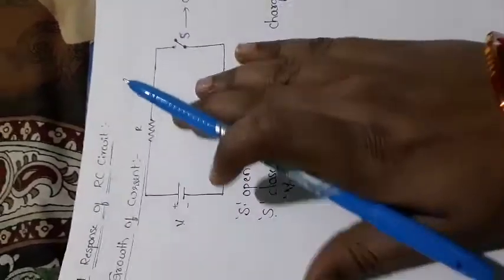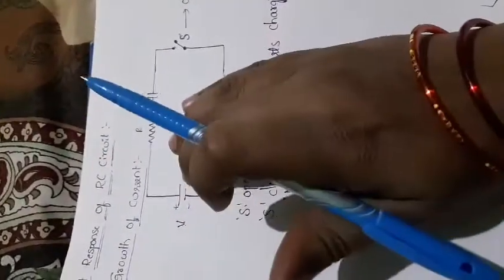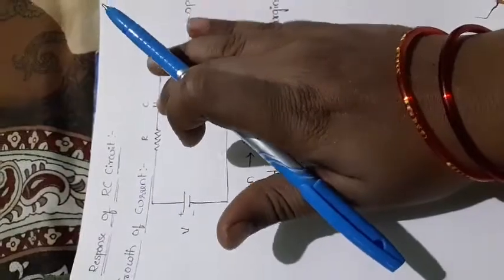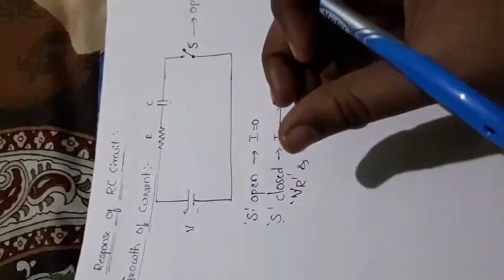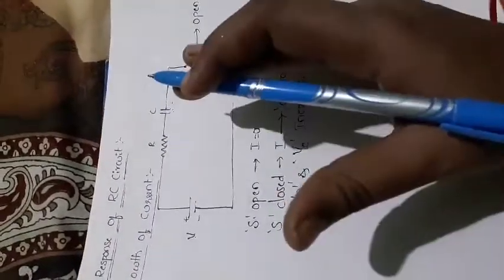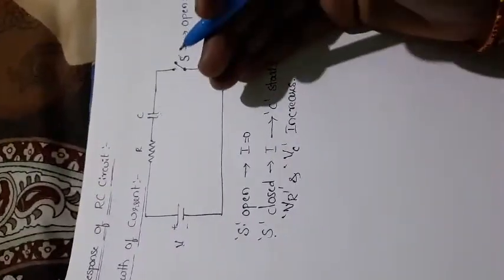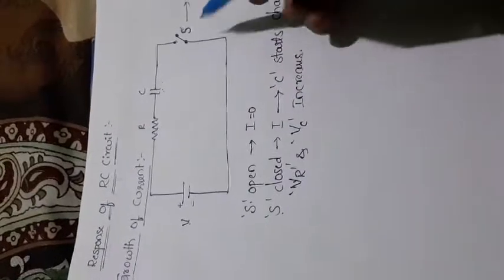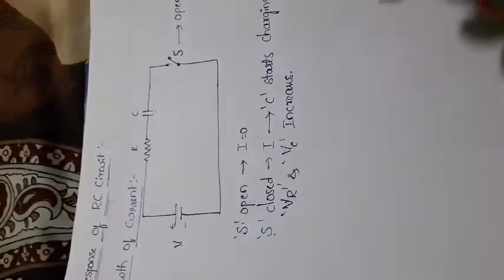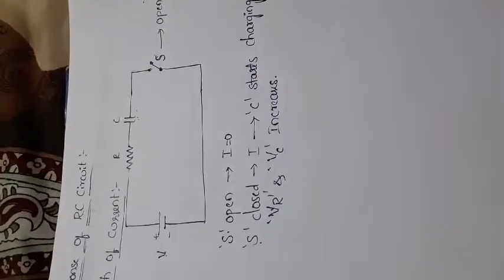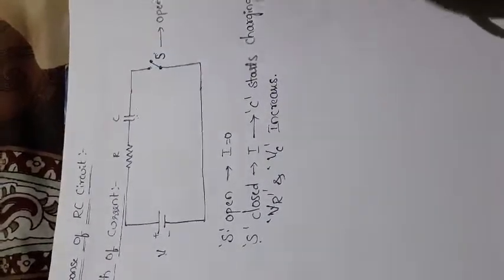Okay, so whatever the current is, it passes through the resistor and capacitor, and it stores that charging level. After storing the charge, when it reaches the peak position, the switch will automatically be raised up. That means it will be in an open path. While it reaches the peak level, the voltage is charged to the maximum level, and automatically it will be in the open stage.